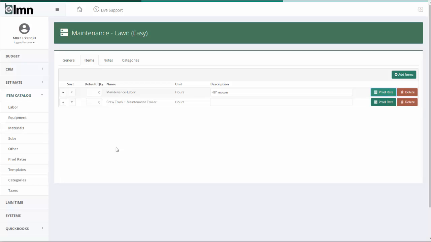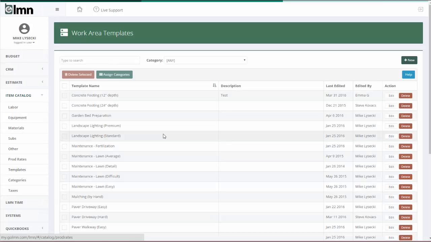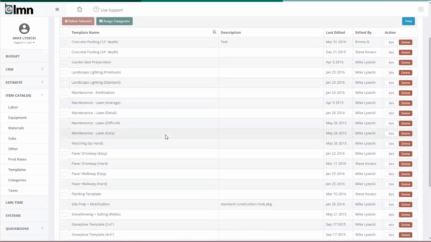Now this one, lawn mowing, is almost easier with a production rate calculator versus a template. A template's a little bit of overkill because we don't have any materials, etc., that we need to calculate. A good example for the template, though, is the driveway. So we looked at our production rate calculator for the driveway, but that again only did the labor. If I'm going to go to paver driveway here,